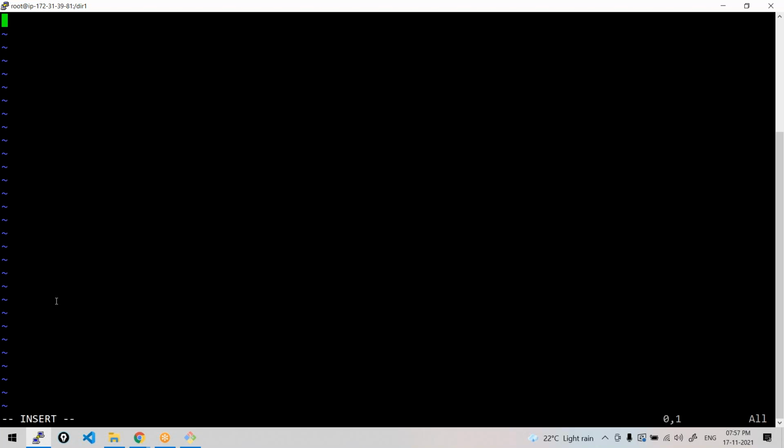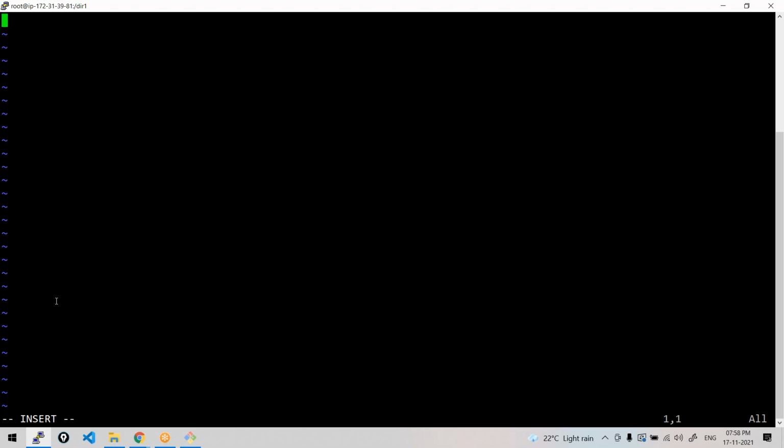Just type escape and you will come to the command mode. Command mode means it will not allow you to write anything there. To get to the insert mode, you press i. Insert mode means you can write anything.